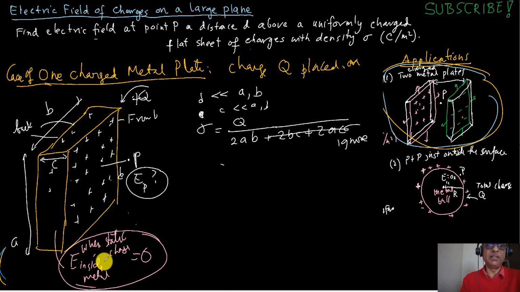Metals have a lot of charges which are very easy to move, and if they're not moving, the electric field has to be 0, because if there's any electric field, then those charges will feel a force, and so even if they're not moving at t equal to 0, they will start to move immediately after that. Okay, so if we got sigma is this,